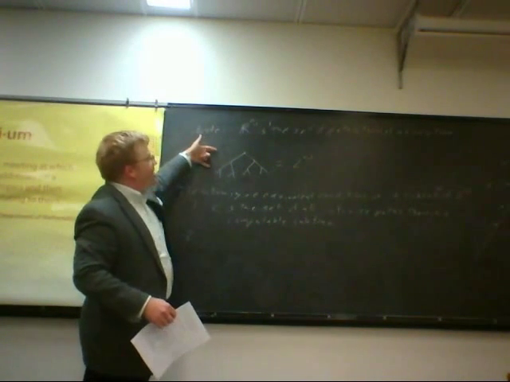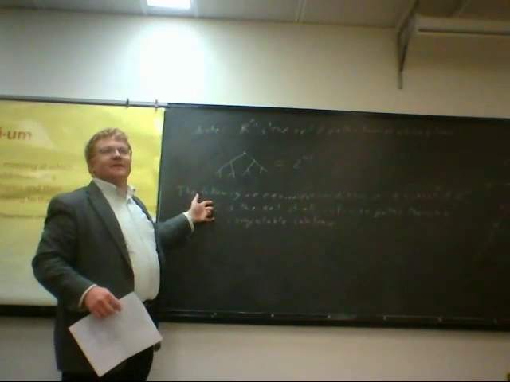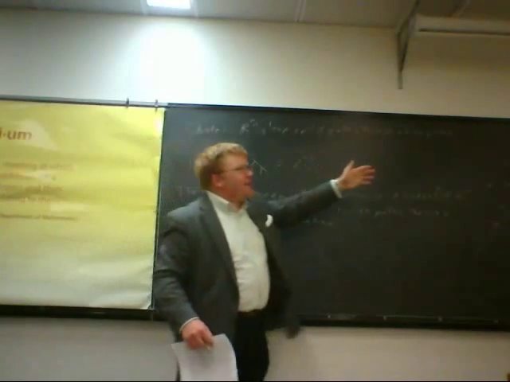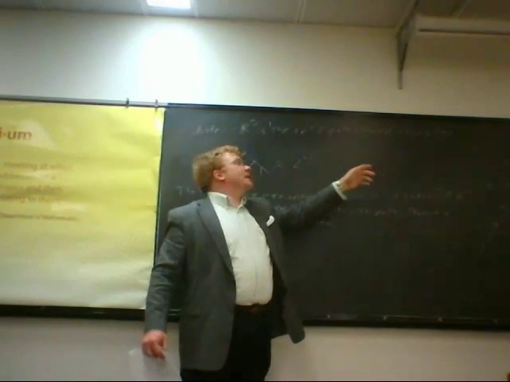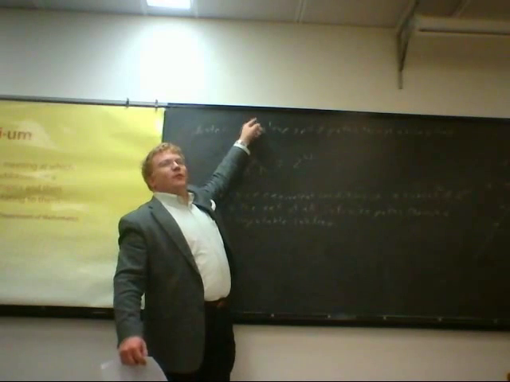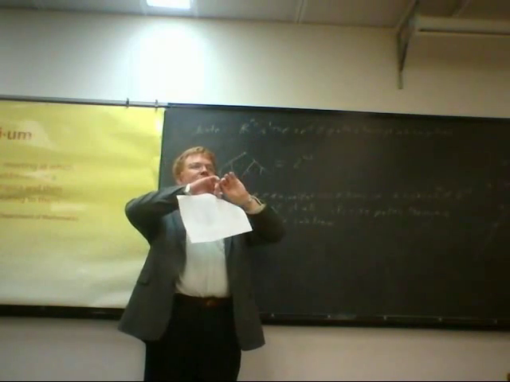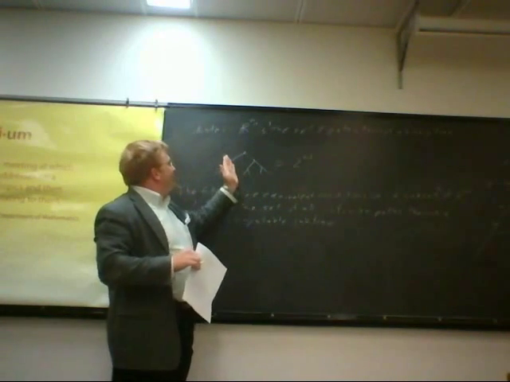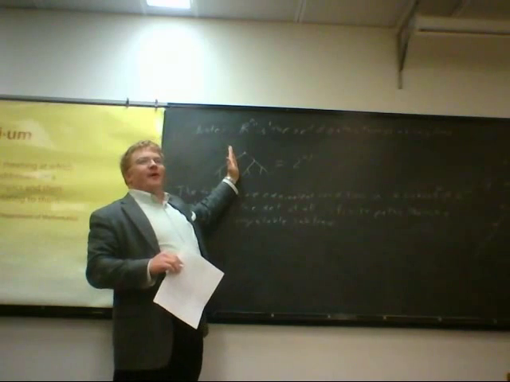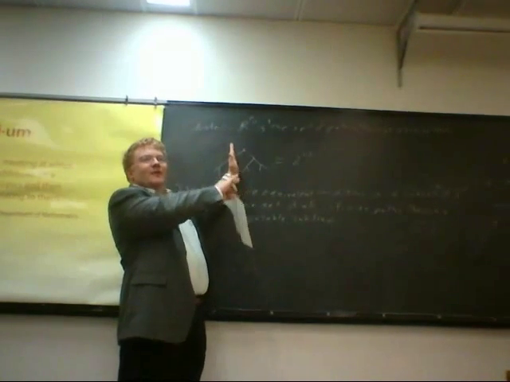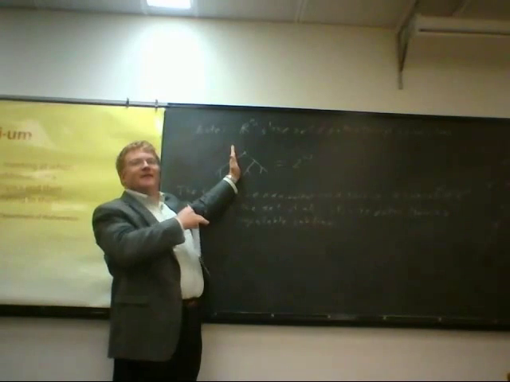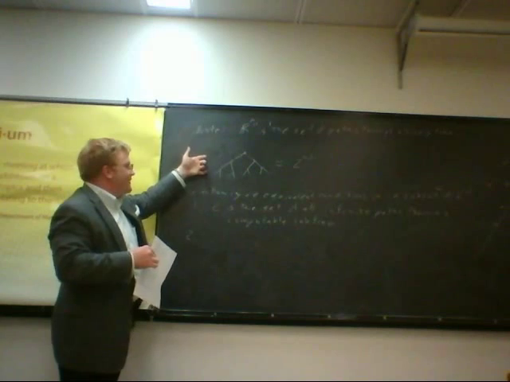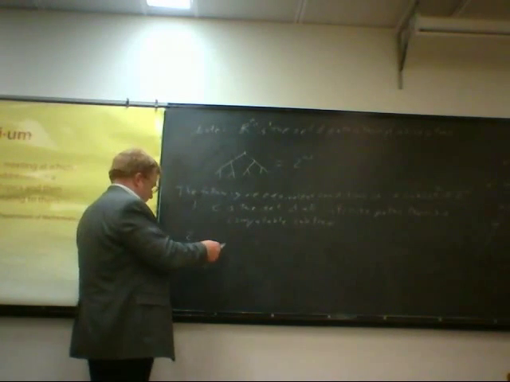And note that the full set of reals satisfies this condition. A linear half space satisfies this condition. Think, for instance, of n equals 1. A linear half space is either greater than x or less than x. So at some point, you chop off that part. Everything that would give you something greater is in the tree. Everything that would give you something less is out of the tree. So linear half spaces satisfy this criterion.